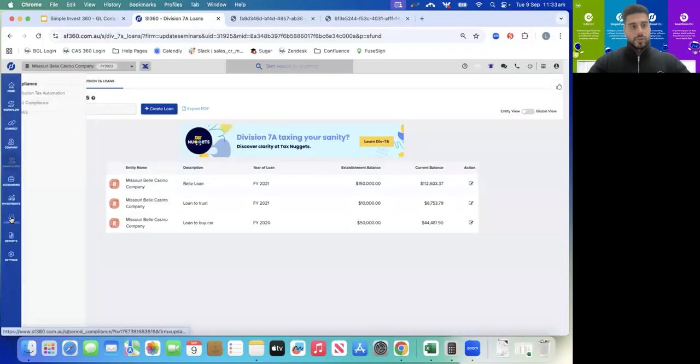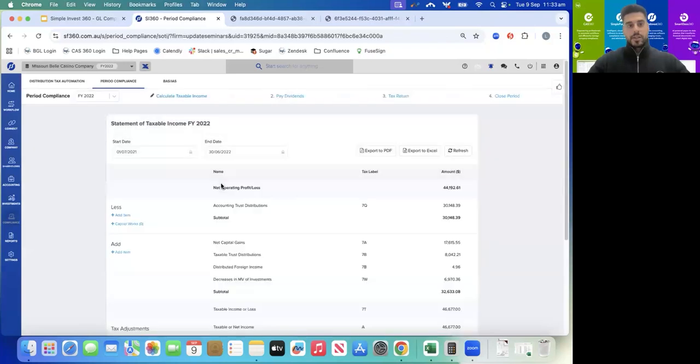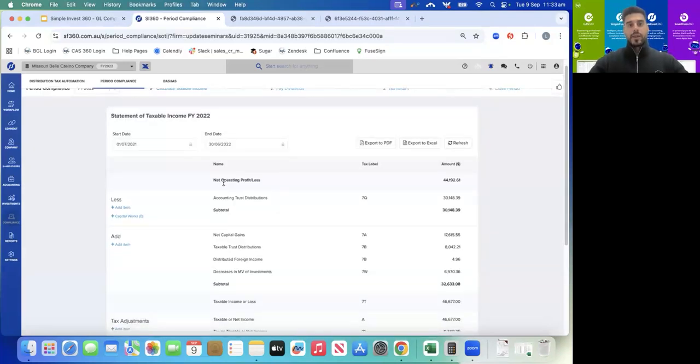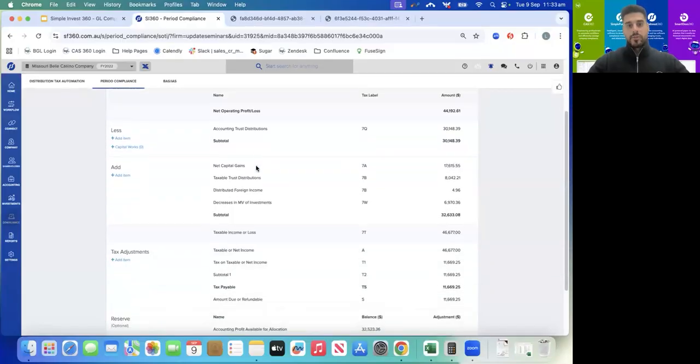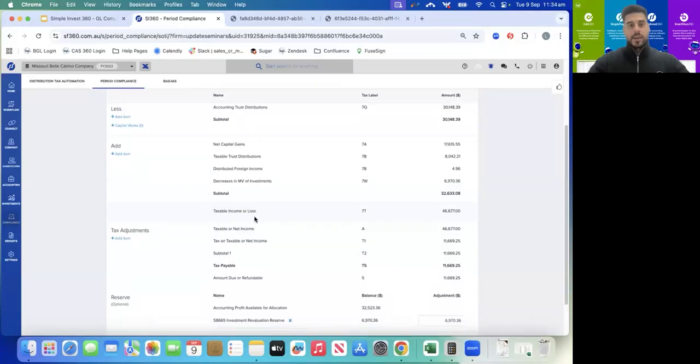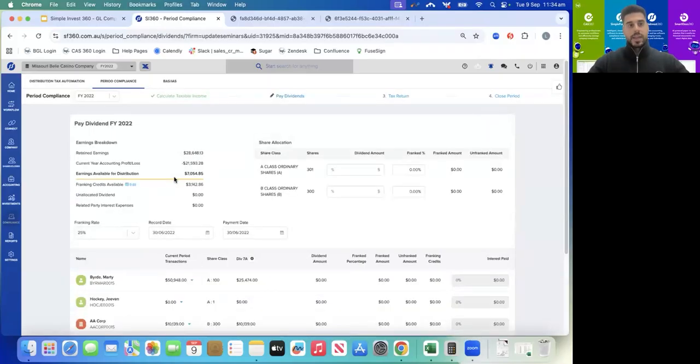If we jump into our compliance once again, okay, so our end year, we can start our workflow. Again, statement of taxable income for the financial year 2022, our net operating profit and loss that we've calculated, less or add the taxable income or loss. You can add different tax adjustments similar to the family trust, which I showed earlier, and we can do that reserving as well. If we click save and post, we'll be able to pay the dividends out of the